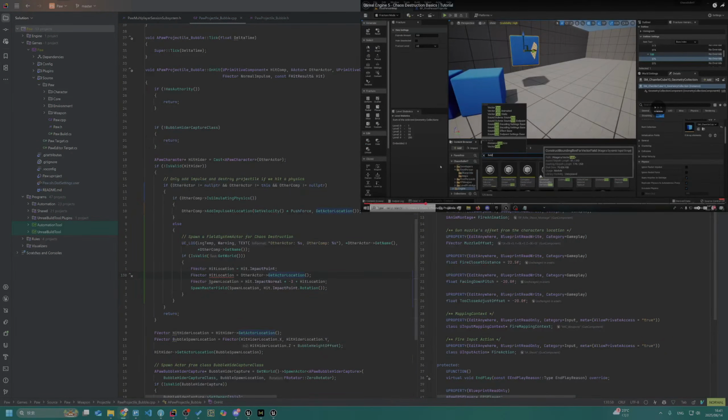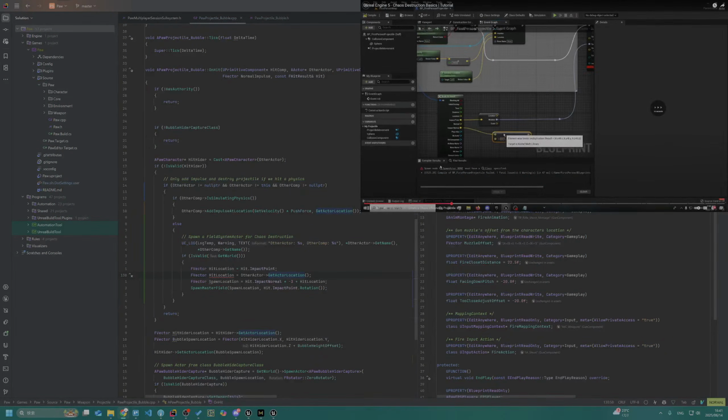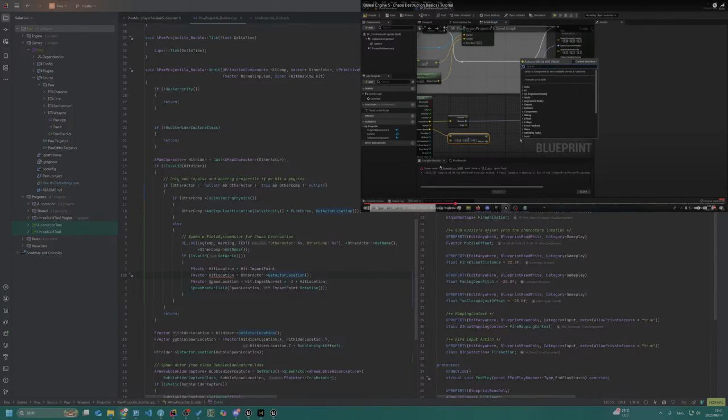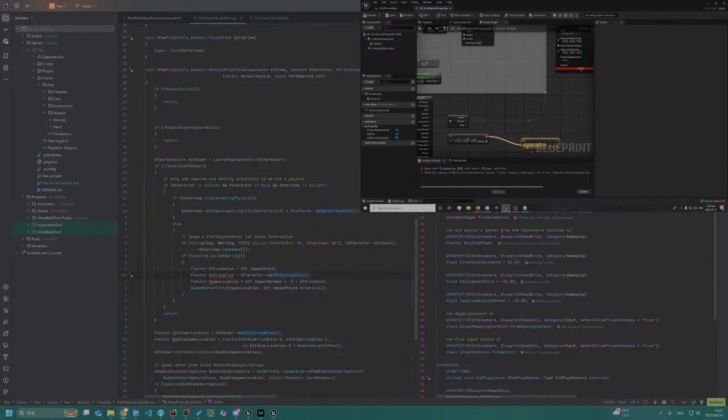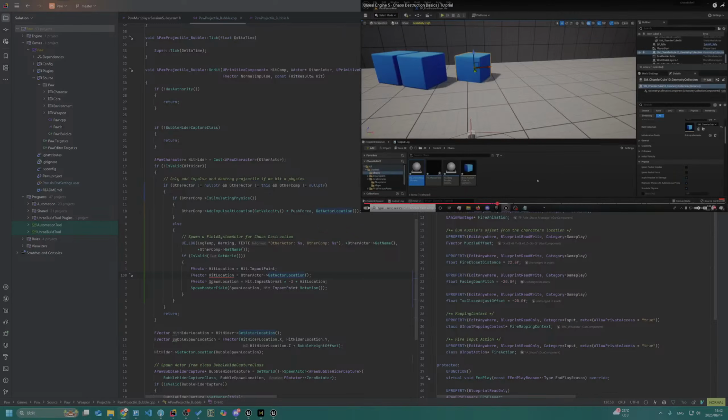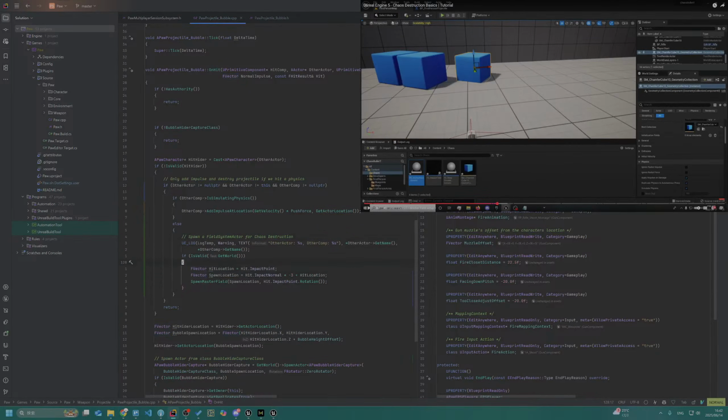And then we'll get our location here. Add that onto our impact point, and onto our location, impact normal. That's it. It shouldn't be the order enter, and also shouldn't be triggered that many times.